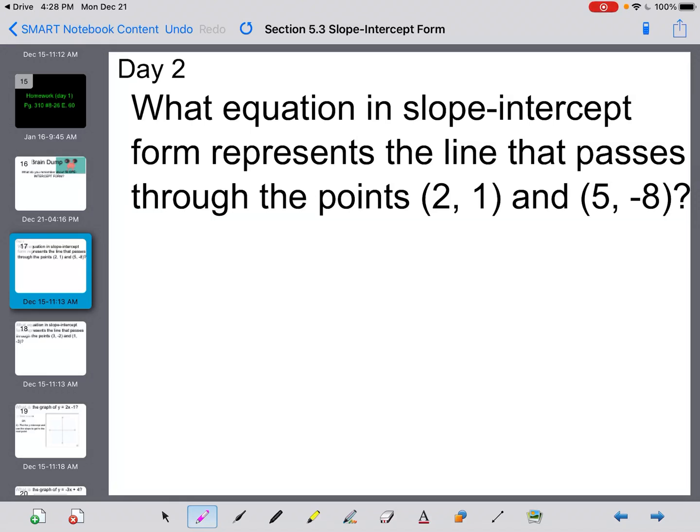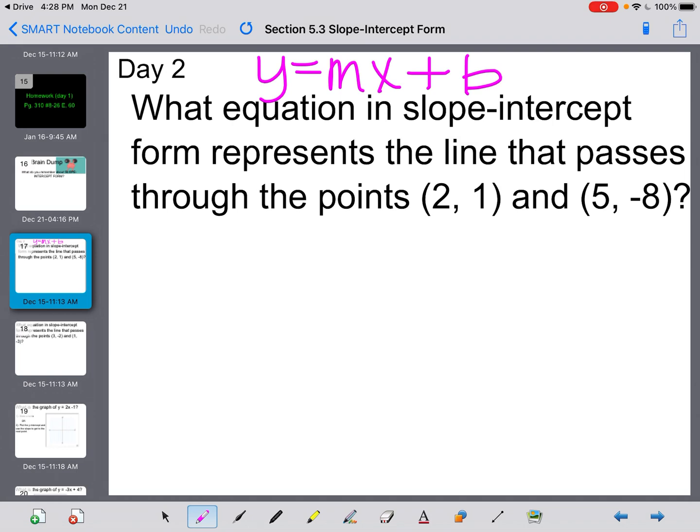Part 2 of lesson 5.3 is going to continue showing us different ways to find slope-intercept form. So we're going to start with what equation in slope-intercept form represents the line that passes through these 2 points. This is where we left off yesterday. So remember that our slope-intercept form is y equals mx plus b, with m being your slope and b